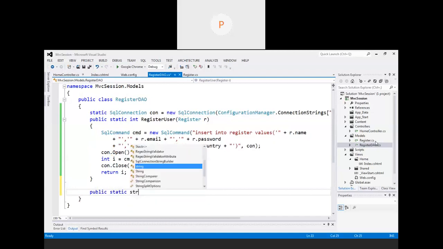String, because whenever the login is successful, I need to return a value, and that value will be the username. For returning it I require the return type String, because the username will be fetched in the form of a string only. So public static string, I will say Validate.